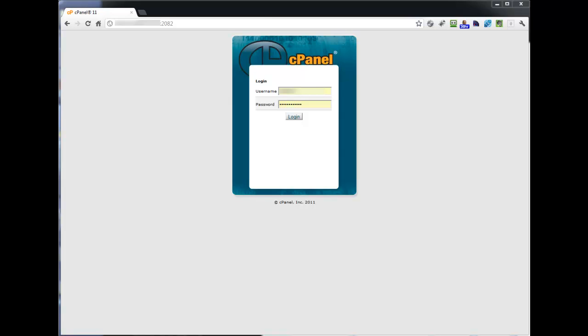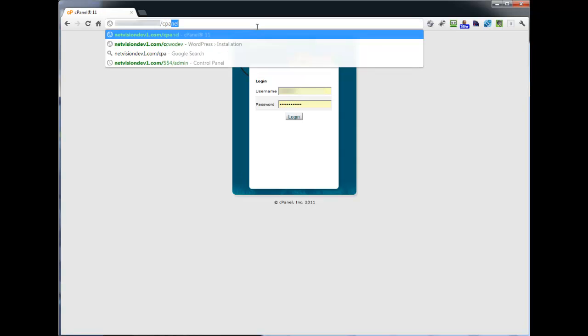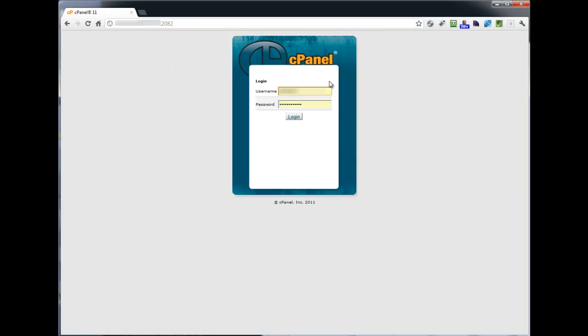Hi, today I'd like to show you how to set up an email account in cPanel. So what you're going to want to do is navigate to your domain. This is assuming you have cPanel. If you're with NetVision you do, but you'll want to go to your domain /cPanel, and it's going to bring this up here. So go ahead and log into your cPanel,